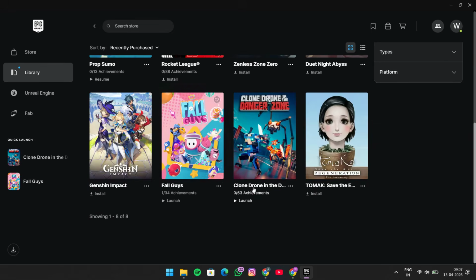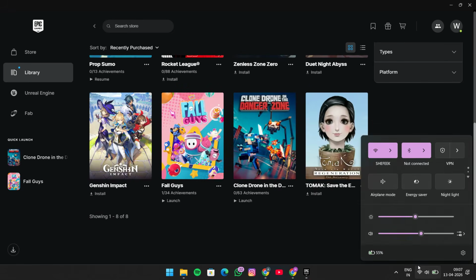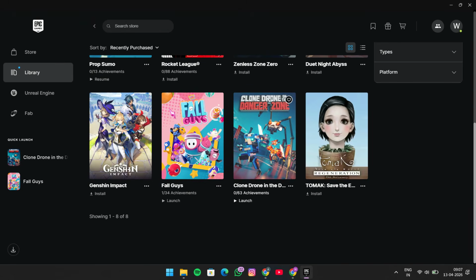Another important thing to try is disabling your VPN if you have one running. VPNs can sometimes interfere with Epic Games services, region checks, or account verification. If Epic cannot confirm the correct service connection, it may show a game as unavailable. Turn off the VPN completely, restart the launcher, and then check the game again. If you're on a work or school network, that can also cause restrictions, so testing on a different internet connection